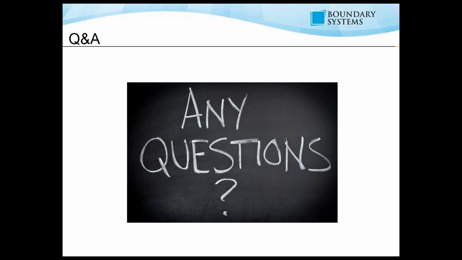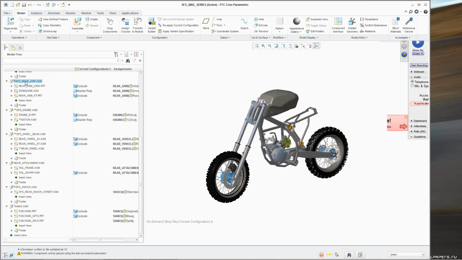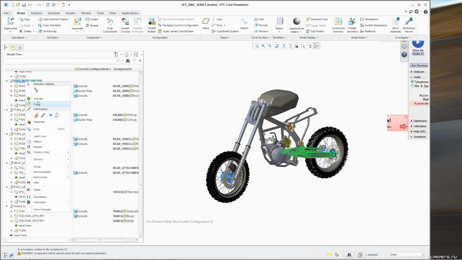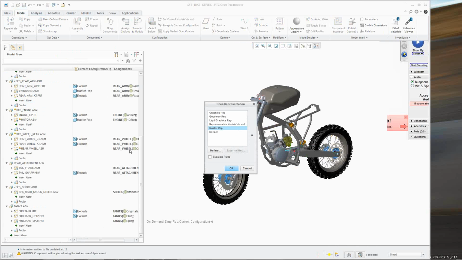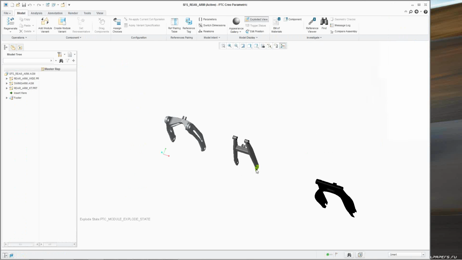So every assembly that we see here is a standalone assembly, and it is basically equivalent to doing an interchange assembly. So you're adding all the components that you want inside of this assembly. So the difference between this and an interchange